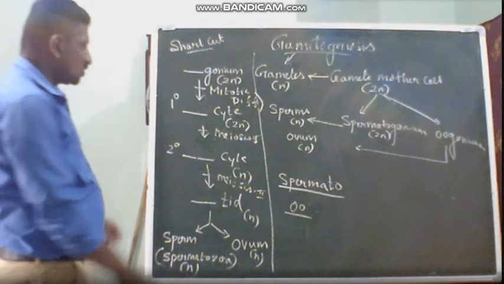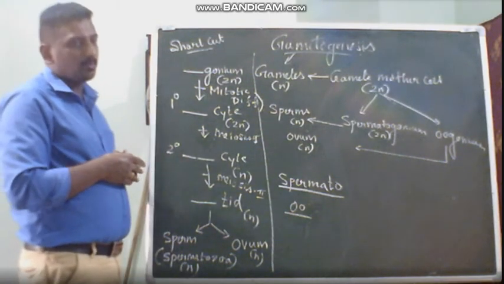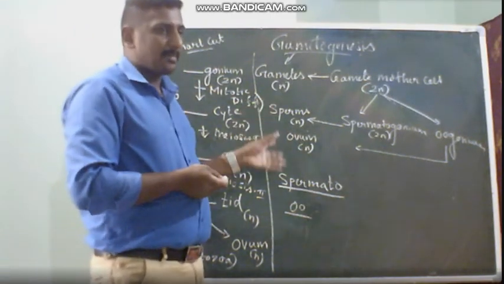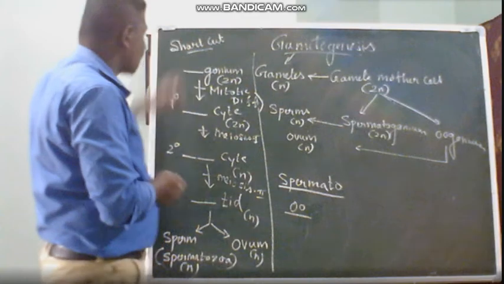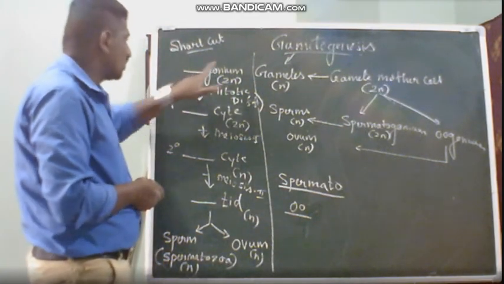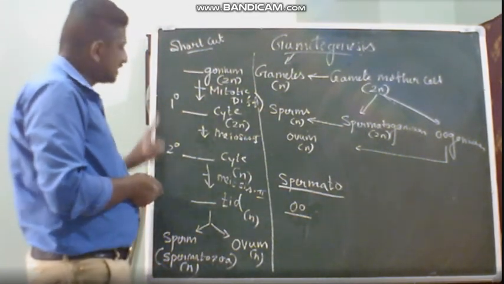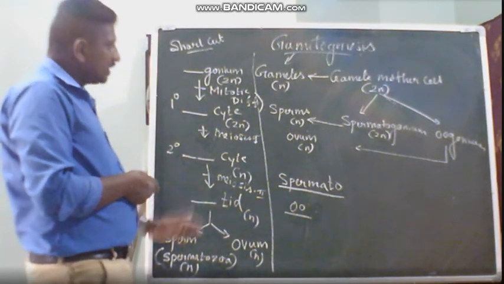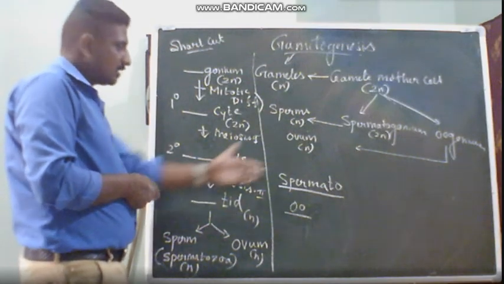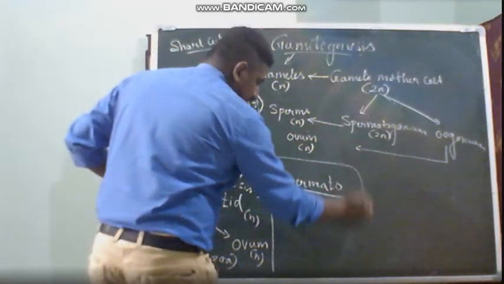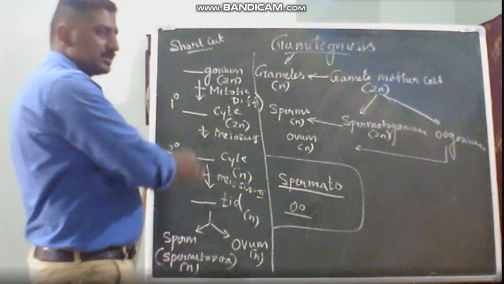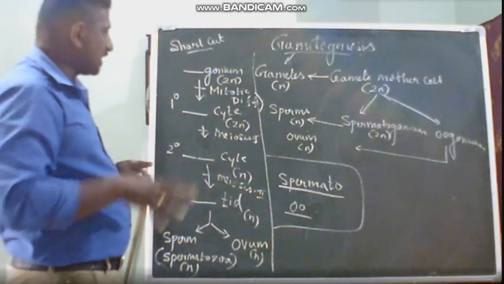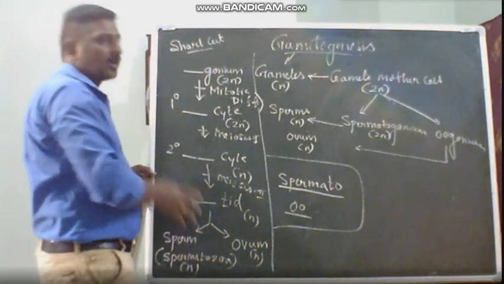So with this shortcut, tomorrow we are going to proceed with gametogenesis, and we'll be focusing on spermatogenesis. This is the shortcut to remember the stages: dash-gonium, primary dash-cyte, secondary dash-cyte, then dash-tid, then you get sperm or ovum. When you use the cell division and technical terms, you will get the concept very easily. To score in board exams, I'll tell you how to do it, and with understanding how you can write the competitive exam also, I'll be telling you using these shortcuts alone.